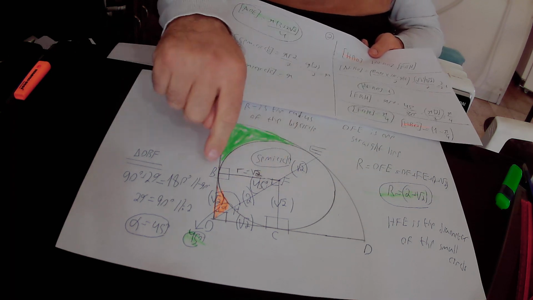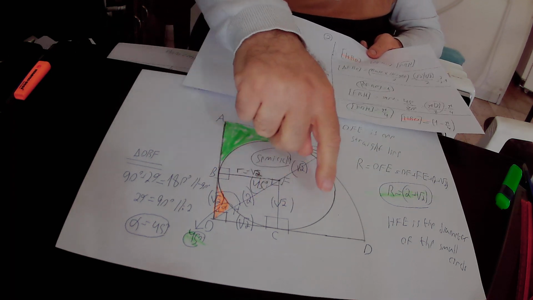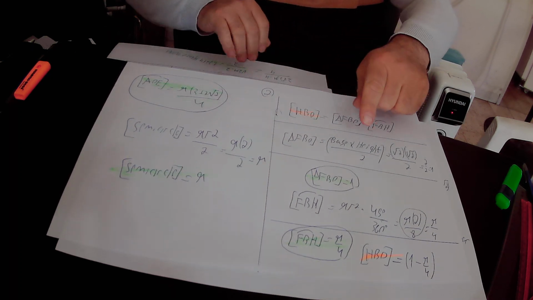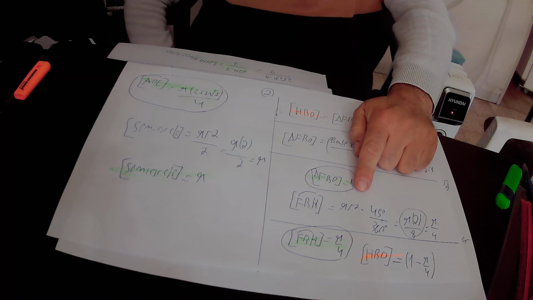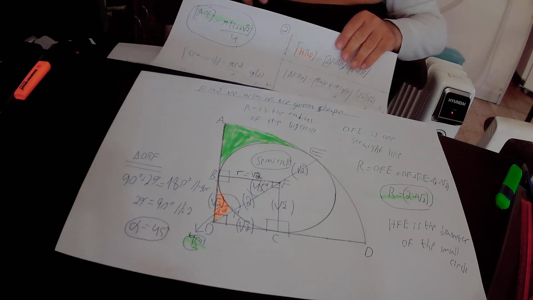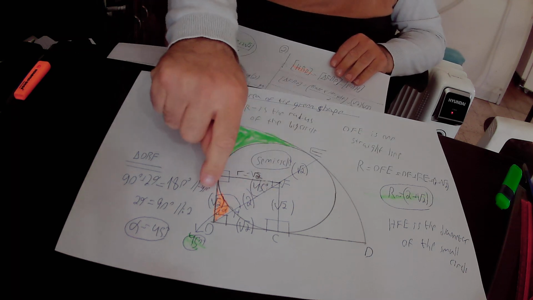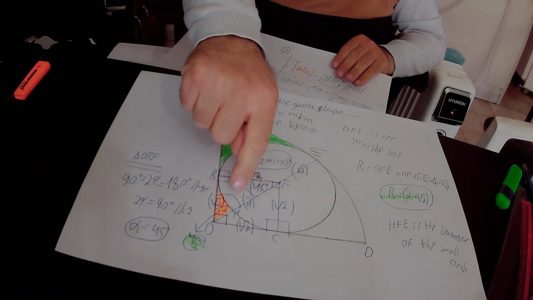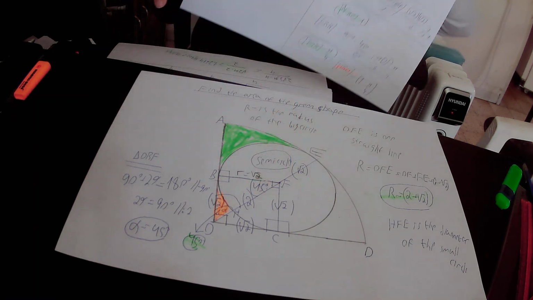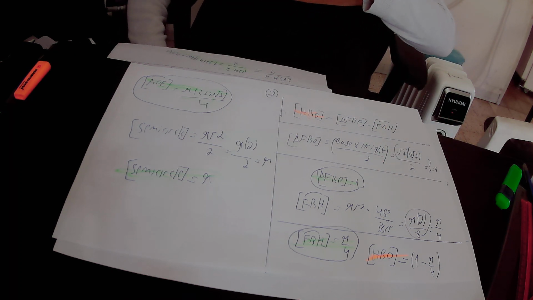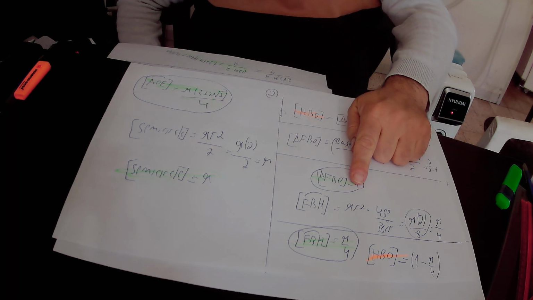The small sector FBH is part of the small circle. So the area of the small sector FBH will be equal to pi r squared, that is the area of the circle, times the angle between the legs of this sector. The angle between the legs of this sector FBH is 45 degrees. So it is 45 degrees over 360 degrees. Pi r squared,